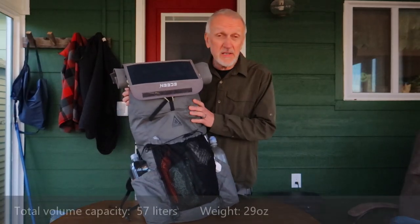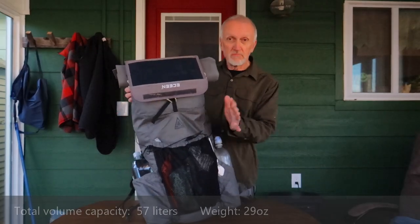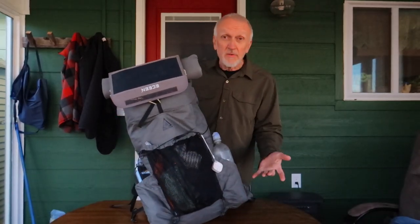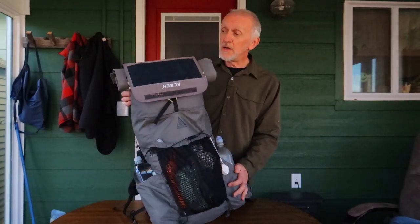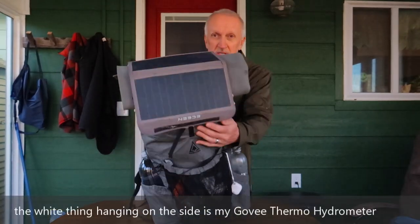I've been using this for quite a while, and I don't think I need anything bigger than this. It's under 2 pounds, so I like my little Cockwa pack here. It does everything I need it to do. Very comfortable, holds the weight really well, so this is my pack. Right on top, you'll notice that I have